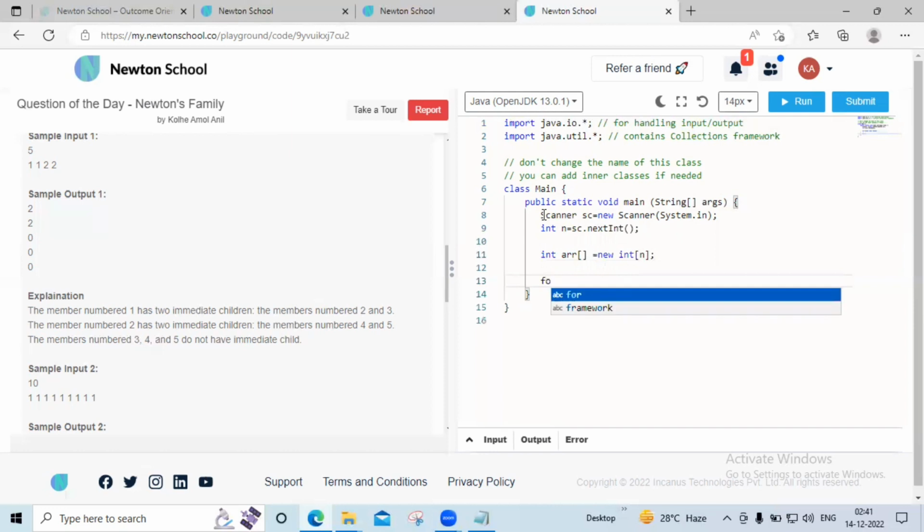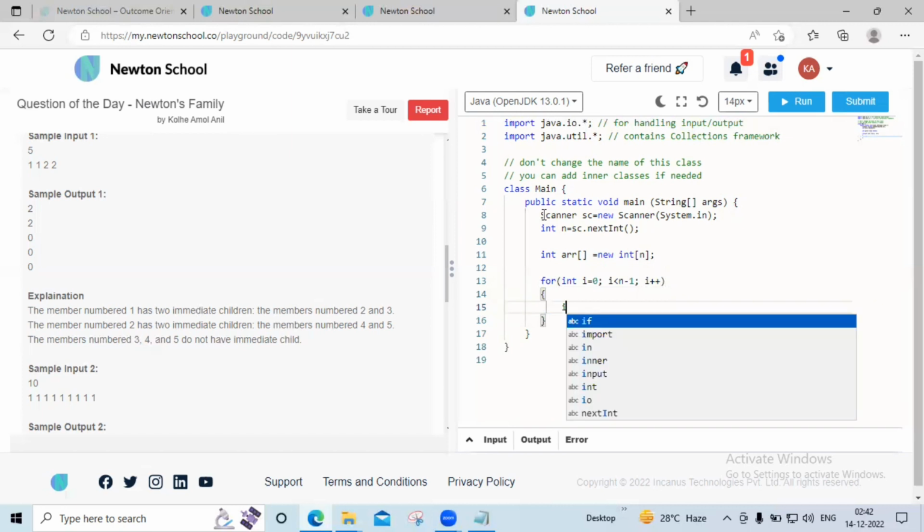ओके, एक एरे डिक्लेयर किया, अभी हम क्या करेंगे, यहाँ पे एक फॉर लूप चलाएंगे। ओके, और ये जो फॉर लूप है, इसमें हम लिखेंगे इंटीजर i इक्वल्स टू 0, देन i इज लेस देन n, इसको हम कहाँ तक चलाएंगे, n-1 तक चलाएंगे। ओके, एंड i प्लस प्लस कर देंगे। ओके, after that inside this for loop, what we can do, here simply we'll create one variable, let's suppose answer equals to sc.nextInt()।